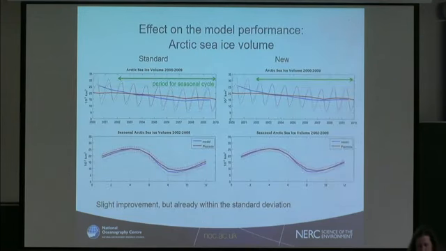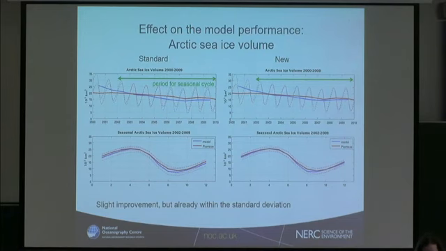Now, what actually happens overall? If you look at the integrated sea ice volumes in the Arctic, actually not that much happens, because they're opposite effects, they cancel each other out a bit. You do see there's some improvement in the mean sea ice volume. You can see a little bit of improvement in the seasonal cycle of sea ice volume, but also the model is already almost completely matching observations, so it's already doing very good.